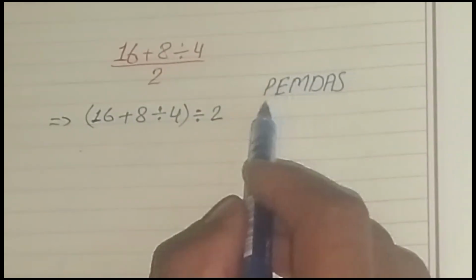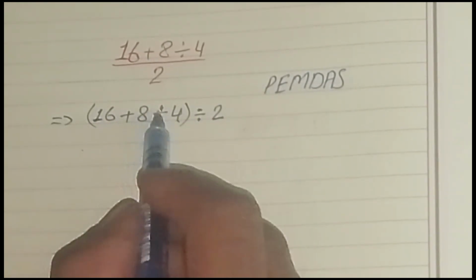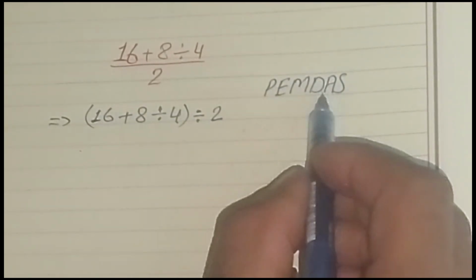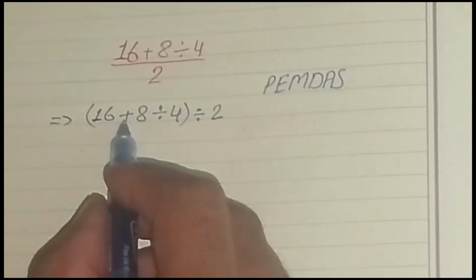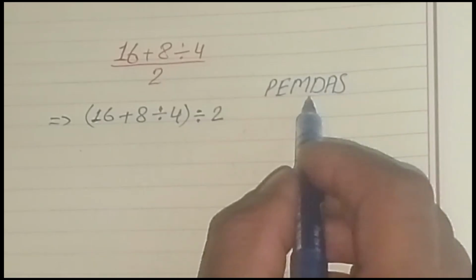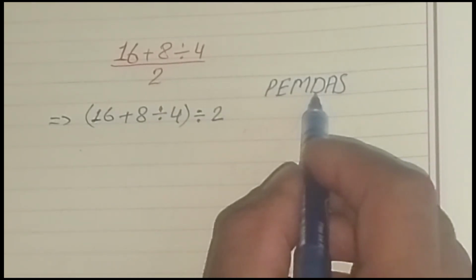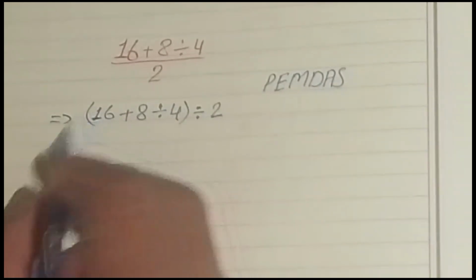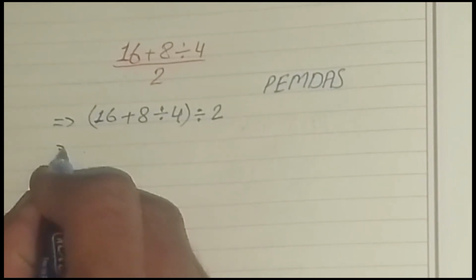According to the rule, the numerator is 16 plus 8 divided by 4. Now we have one addition and one division. According to the rule, first we solve the division, then we solve the addition. So the equation becomes